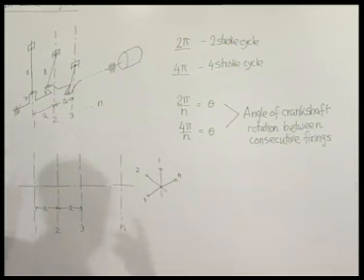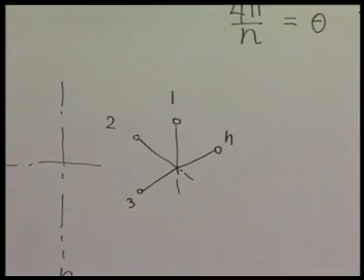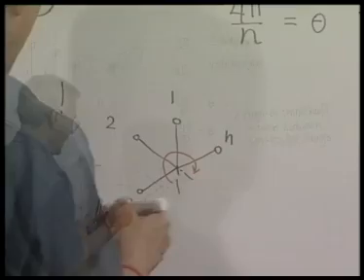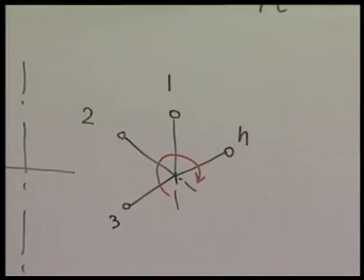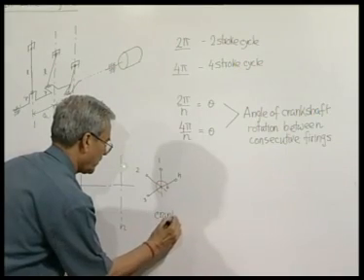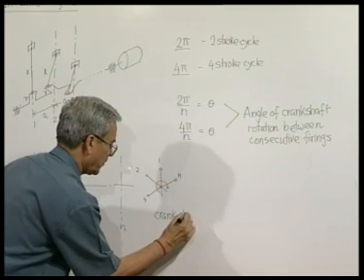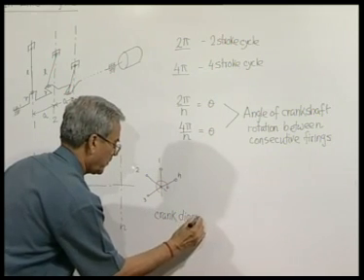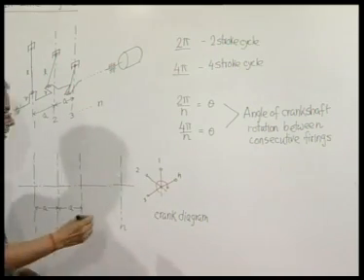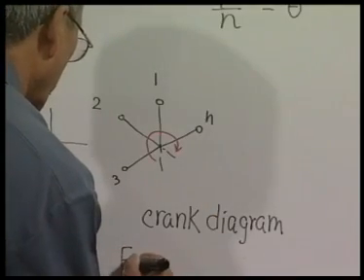And we also have to indicate, always, in a crank diagram the direction of rotation. We know, say, the direction of rotation is this, and therefore we can also see from this crank diagram, we can also find out the firing order. The firing order in this case will be